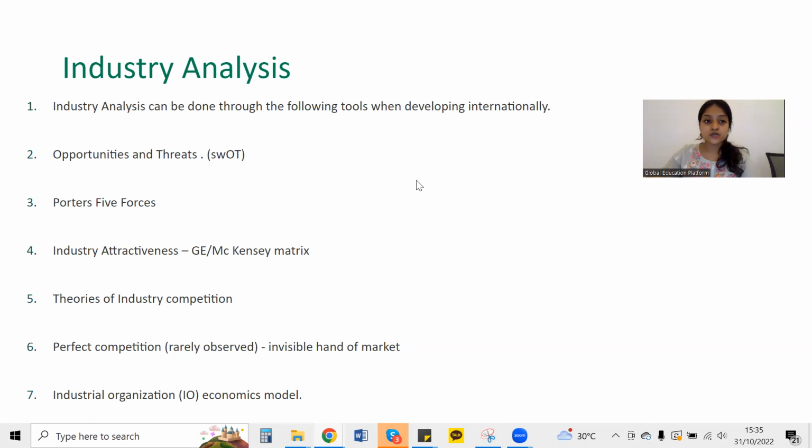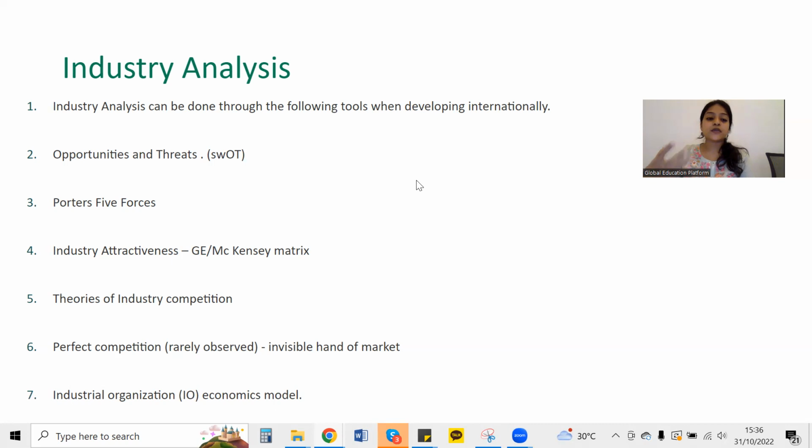One of those would be the SWOT, where you analyze the opportunities, threats, strengths and weaknesses of the organization. In understanding that, you know where your strengths are, where your weaknesses are, what the opportunities in the market are, and what the threats are, so that you can develop your strategies